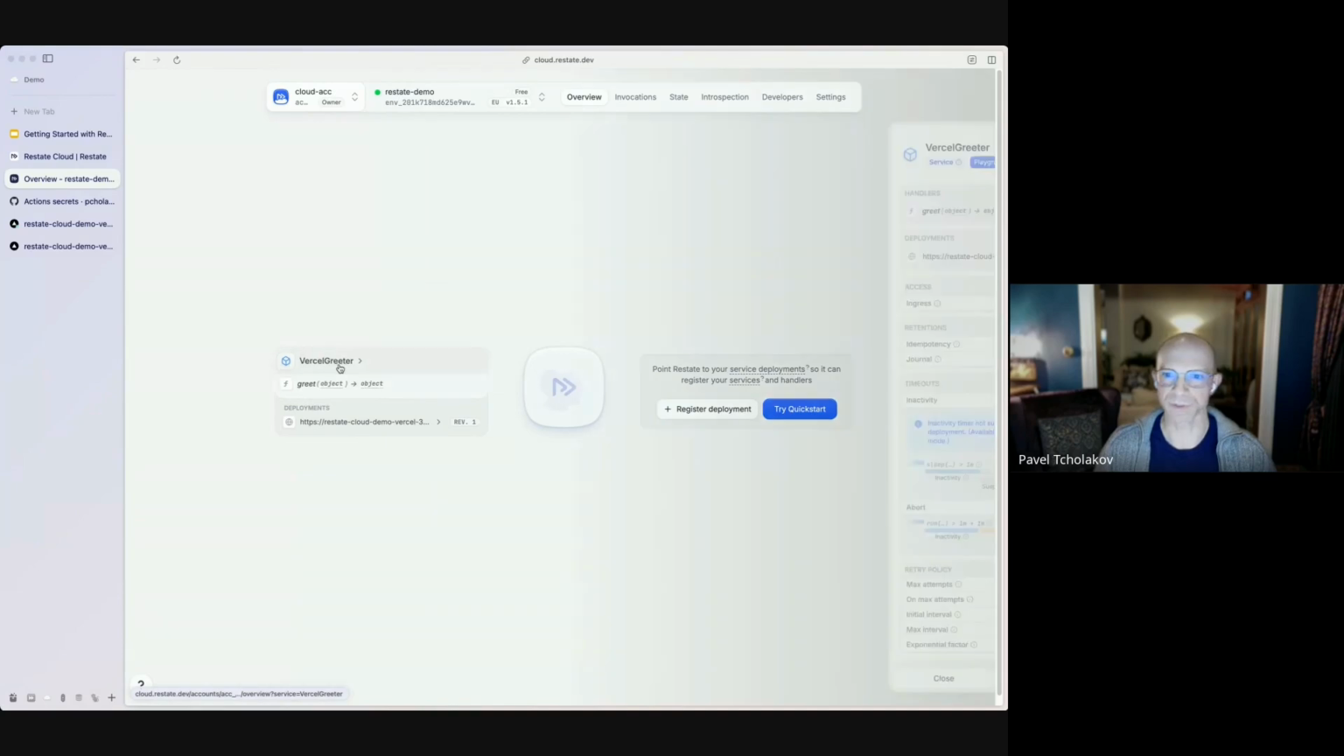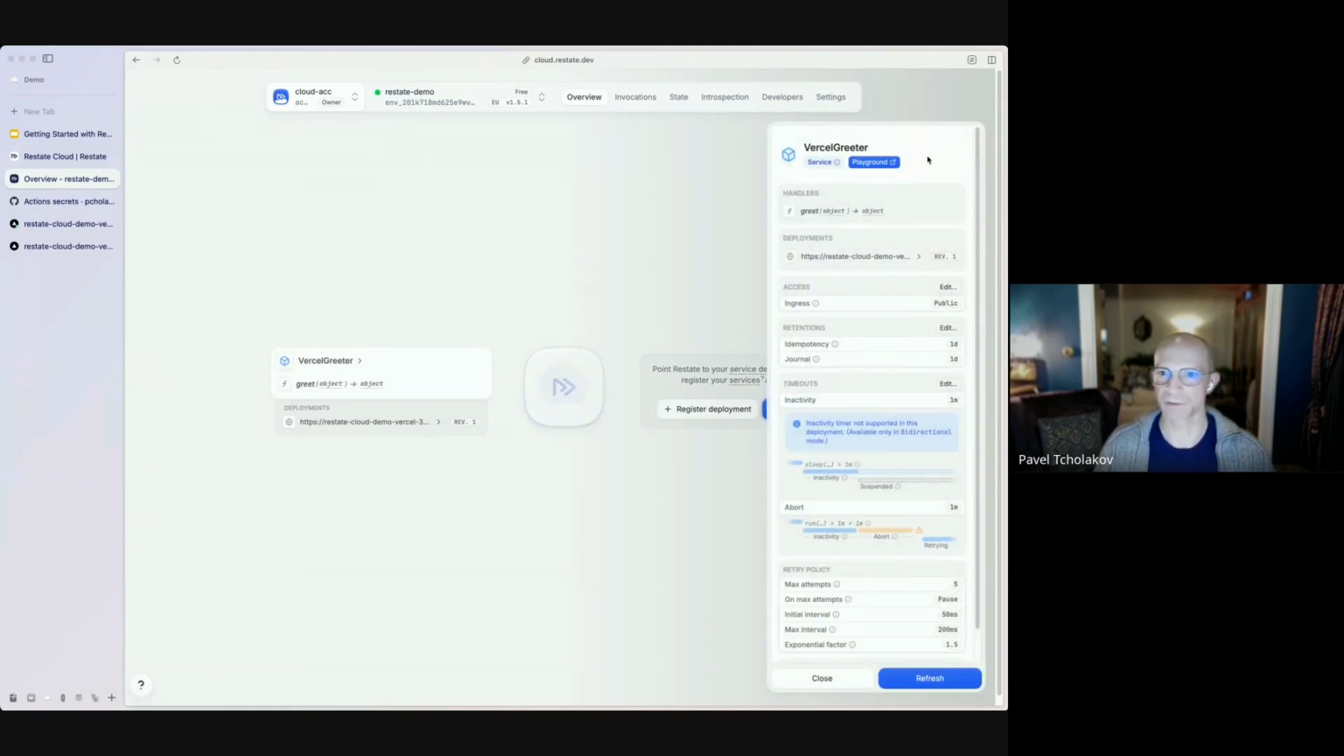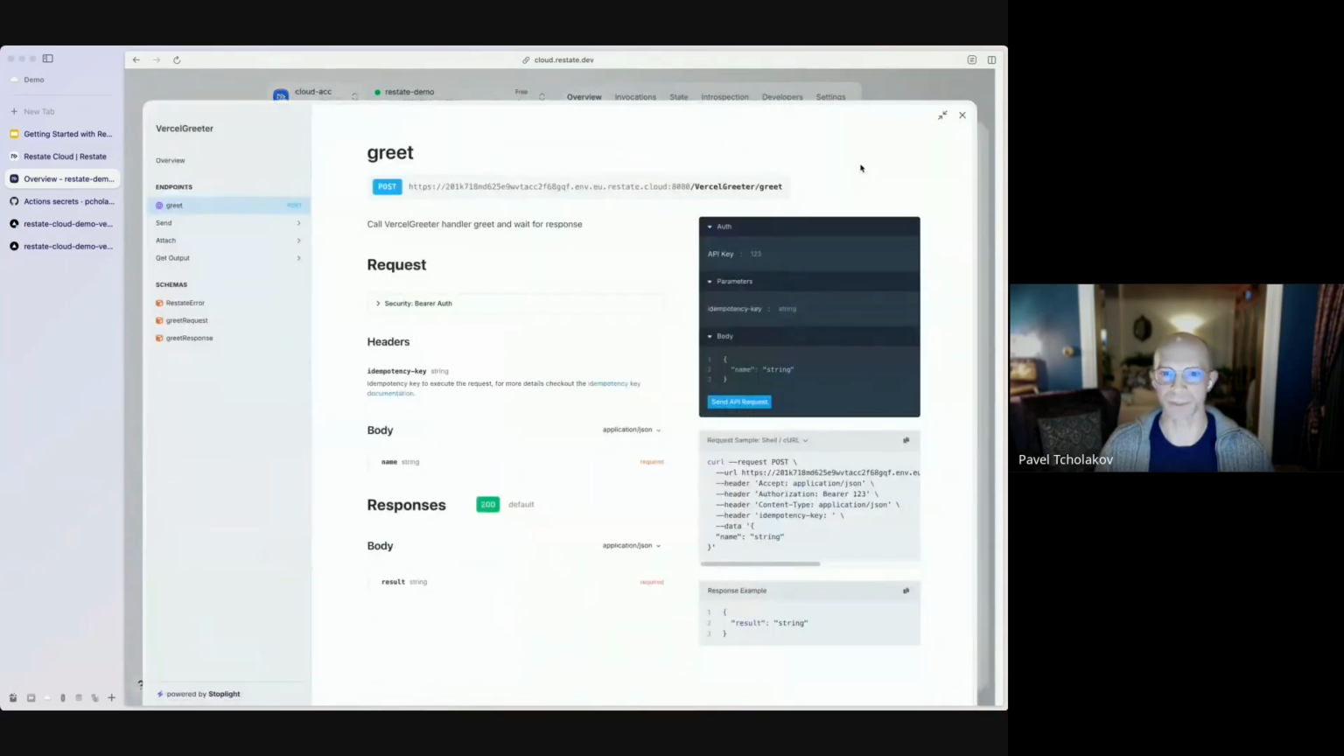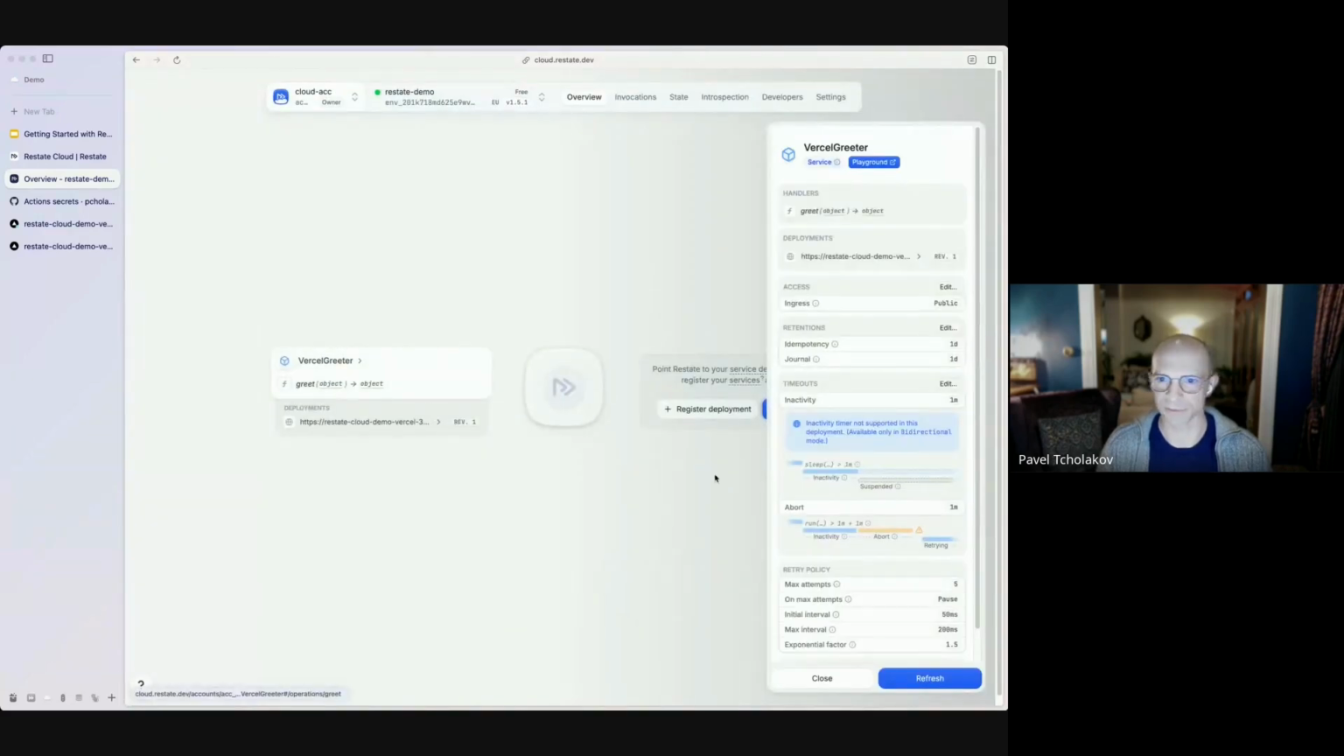Okay, so what can we do with this? Well, conveniently, Restate's web UI has a playground with which we can interact with the deployed services. And so we can see here that we have a greet operation that I'd love to call. I'm going to edit the body. I'm going to send the API request, and, spoiler alert, there is a bug in this. So this request will not complete, or should not complete